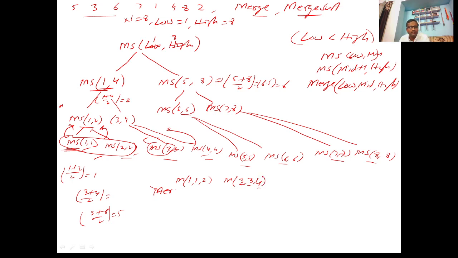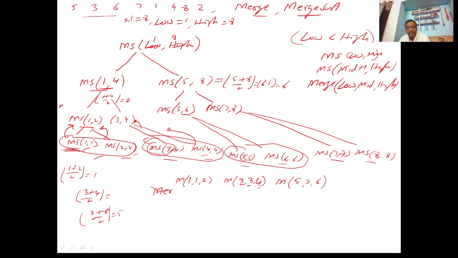It is going to be the last call, the call to your merge at this level. So in the same way, there will be a call to merge for this. So what is that call going to be? Merge, then 5, then 5 and 6. Isn't it?